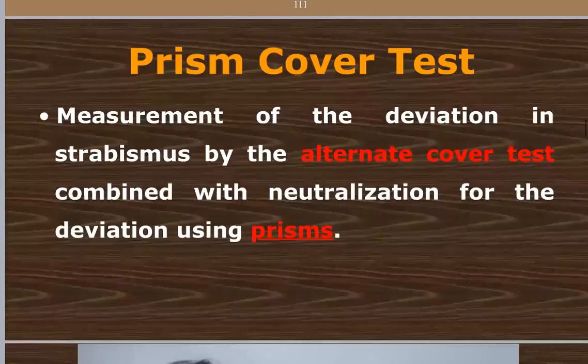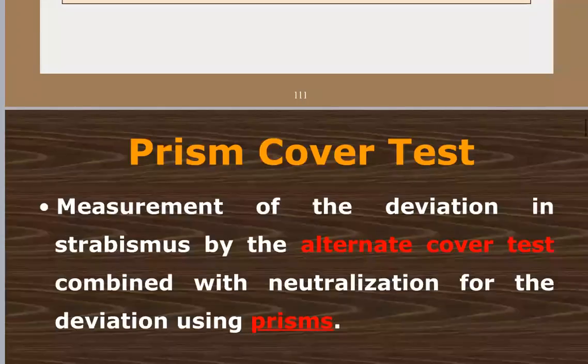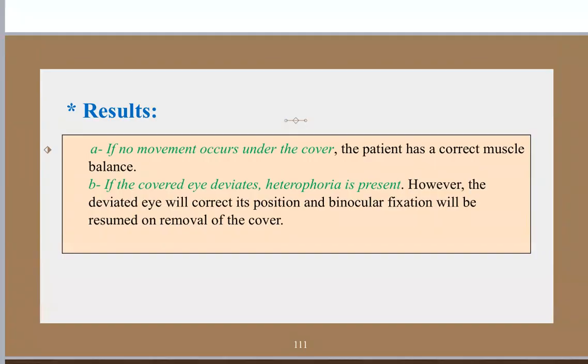Look at this one here. It is the cover-uncover test. It has the same idea, but we don't alternate between each eye. So it is diagnostic, or more diagnostic, for tropia. Also, it may be diagnostic for phoria, but in subtle or mild cases of phoria, the alternate cover test will be